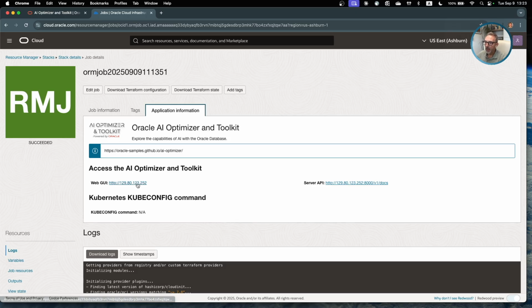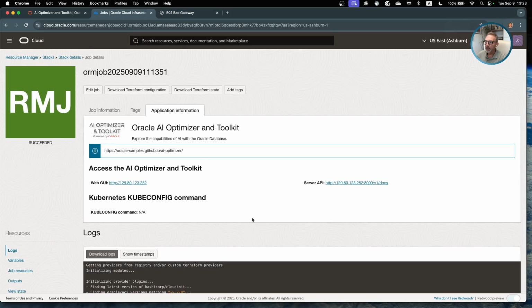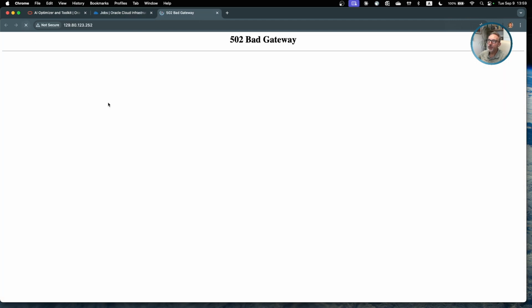If we click on it, we will get this bad gateway, meaning that not everything was put together or installed yet. So we need to wait a couple more minutes so that everything will be configured and installed properly. We can now refresh our web page, and we can see our application starting up in a Streamlit server.